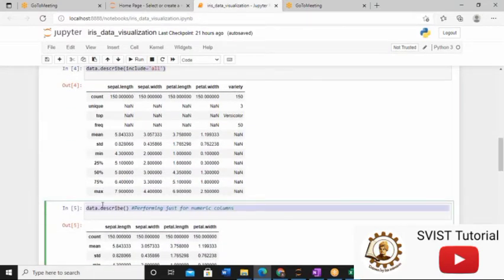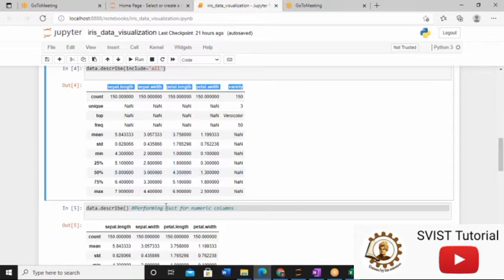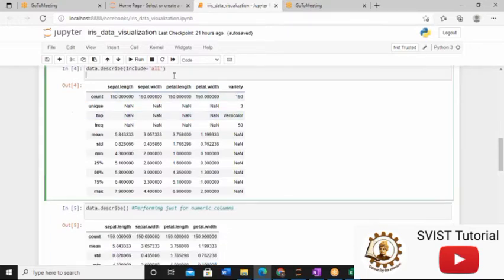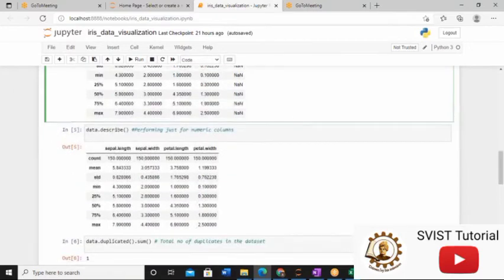I think it is clear. If you see the outcome, then it will be clear. So this one works on columns of mixed data types, and this one works on the columns which have the same kind of data types. So this is the basic difference between these two functions. Right? So this is all about statistical summary.